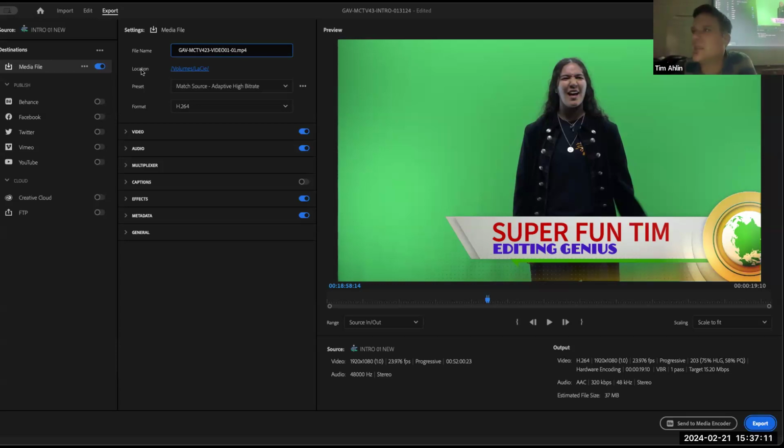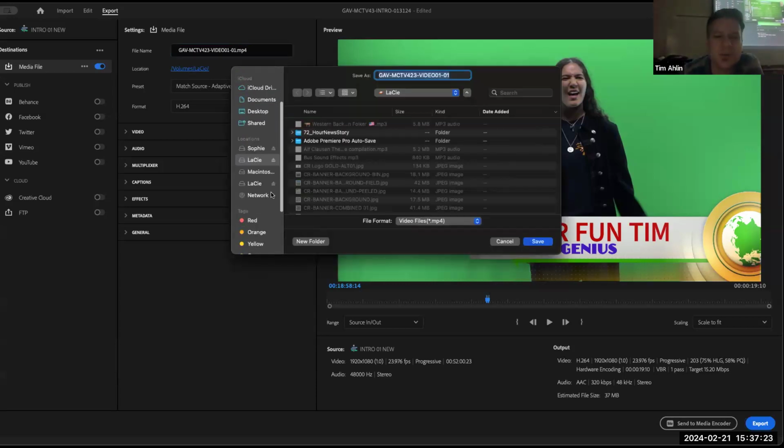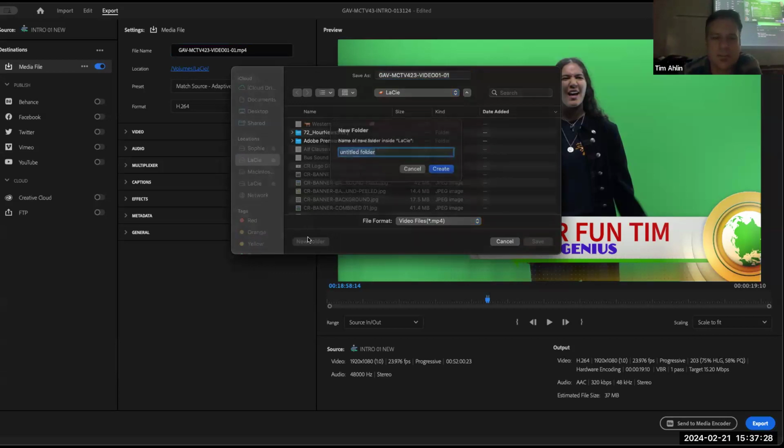All right, that's a lot of naming conventions, but this helps me as a longtime editor. I've gone through many versions, and then I like to keep like 2 or 3 of the latest or important versions. Okay, location here is going to let me choose where I want to save it to. I'm going to here, and let's do a new folder.